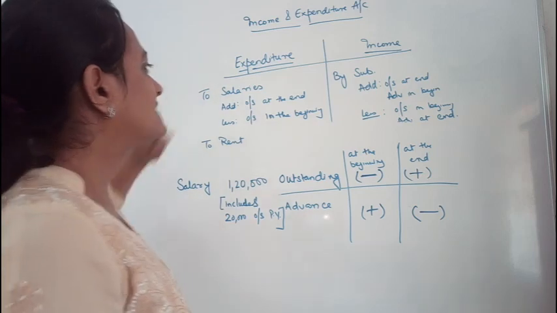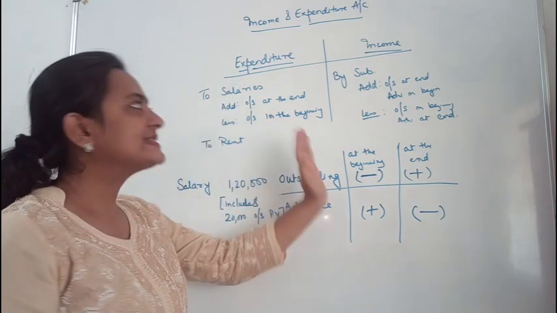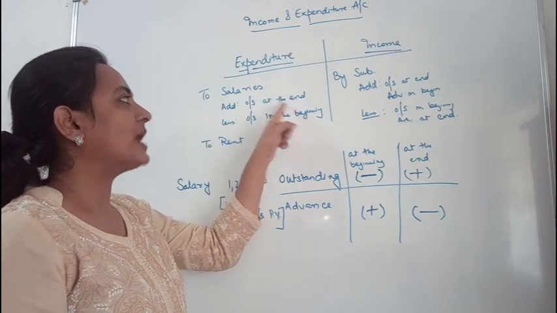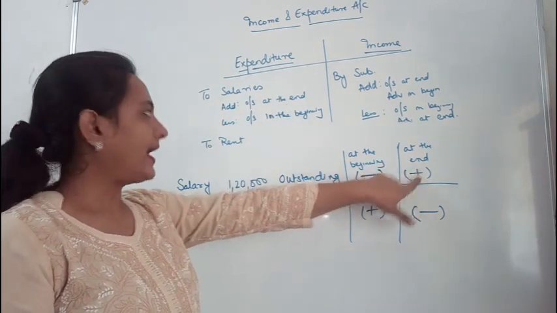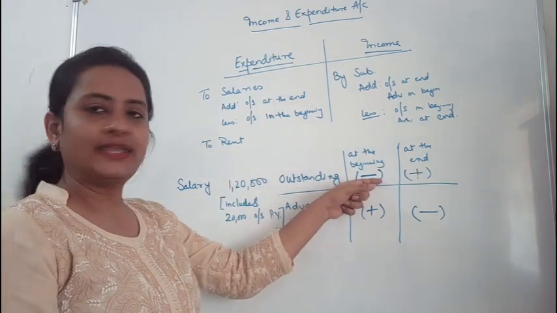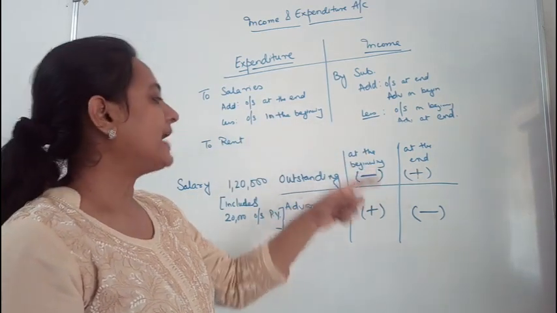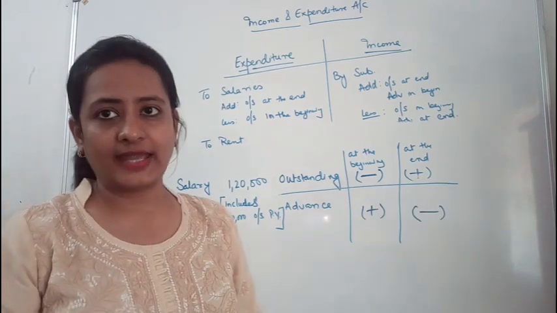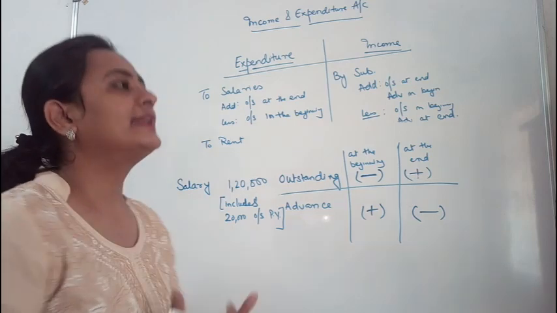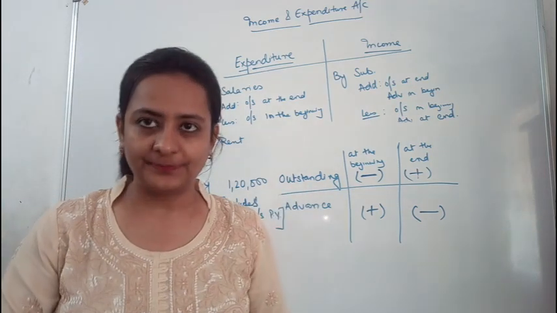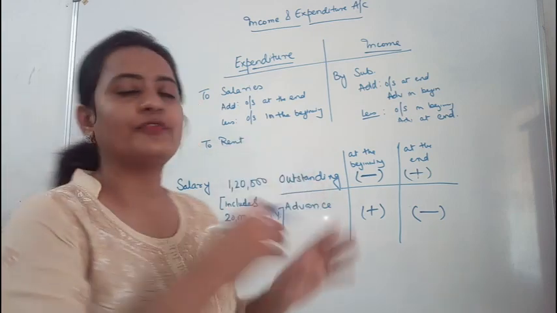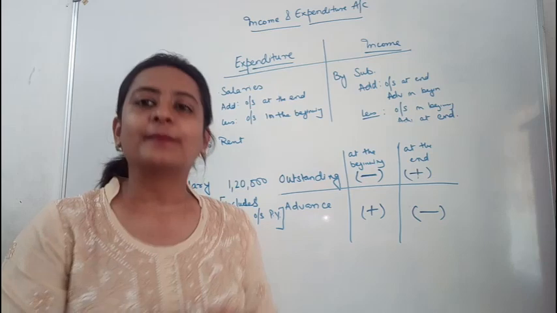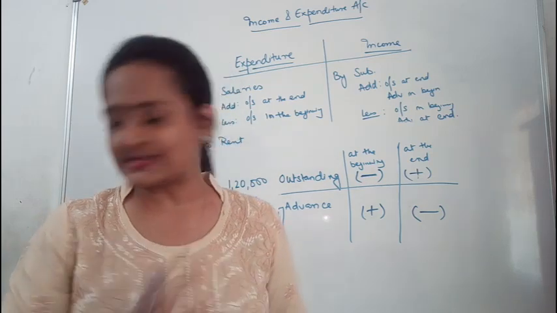Now, over here also if you see the salaries, whatever is the salary that has been paid, in that you have to add whatever was outstanding at the end and reduce whatever was outstanding in the beginning. Similarly, add advance in the beginning and reduce the advance at the end. Now the understanding for prepaid and postpaid. Any expenses which you have already prepaid, what should you do? You should reduce it. Why? Because it does not relate to this year.